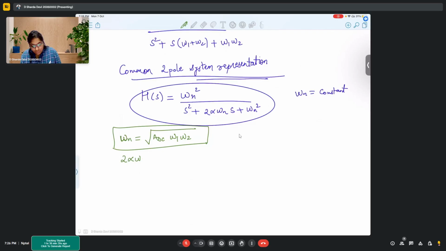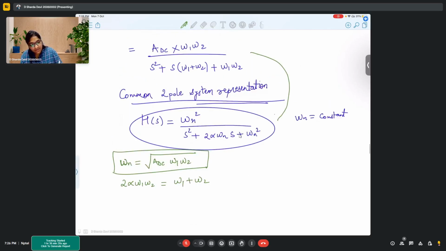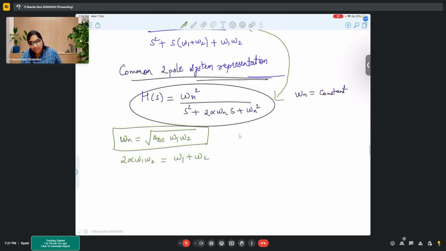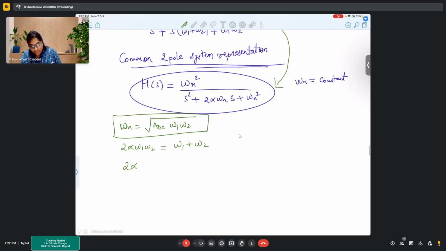Now 2 alpha omega n is omega 1 plus omega 2 from above. So what we are trying to do is we are relating these two, okay? And from there we are finding the values. So 2 alpha becomes omega 1 plus omega 2 by 2 alpha omega 1. So this is ADC omega 1 omega 2. So this is 2 alpha,